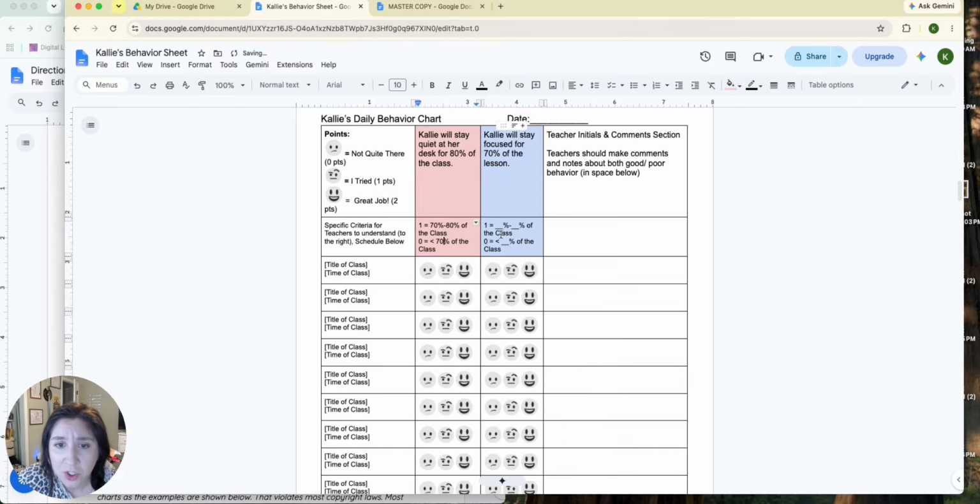With my target behavior, this is a little bit more challenging for me to meet. So I tried, but I didn't really get there. I'm going to say that's 50 to 70% of the class. And then anything lower than me staying focused for 50% of the class would result in a 0. So it's good to have this criteria set ahead of time. That way teachers know exactly what they need to score and it can be consistent across all teachers using this